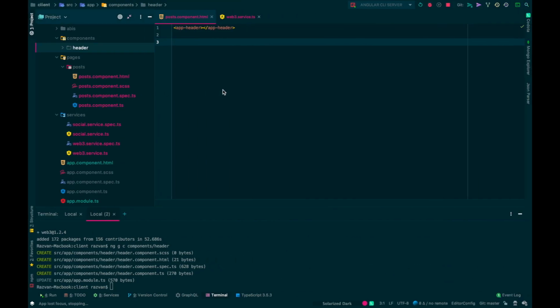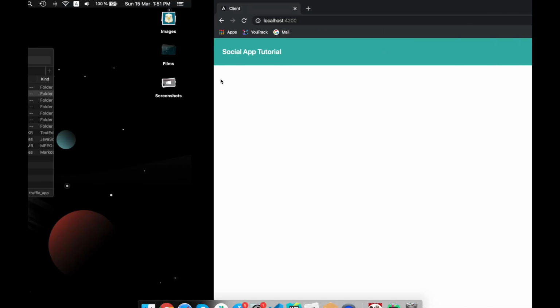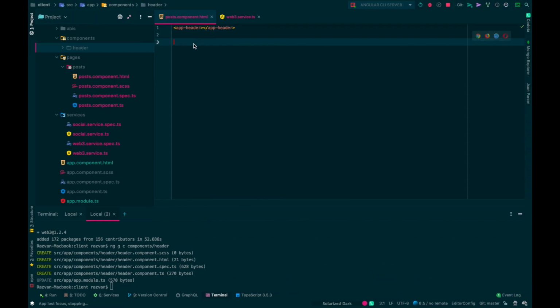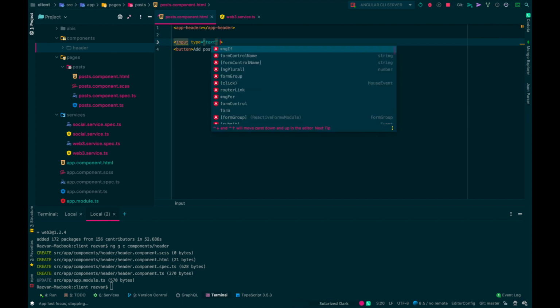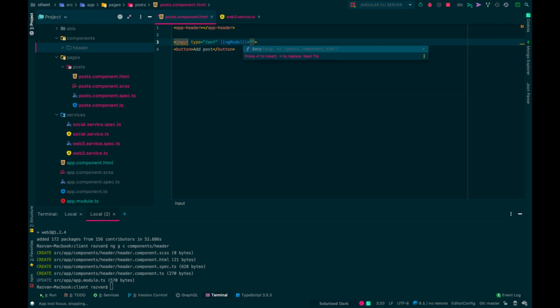Now we want to be able to add a post. So what we need for that is basically an input and a button. How do we want to do this? We'll go with the very simple way of doing this. Here we'll do ngModel and we'll say